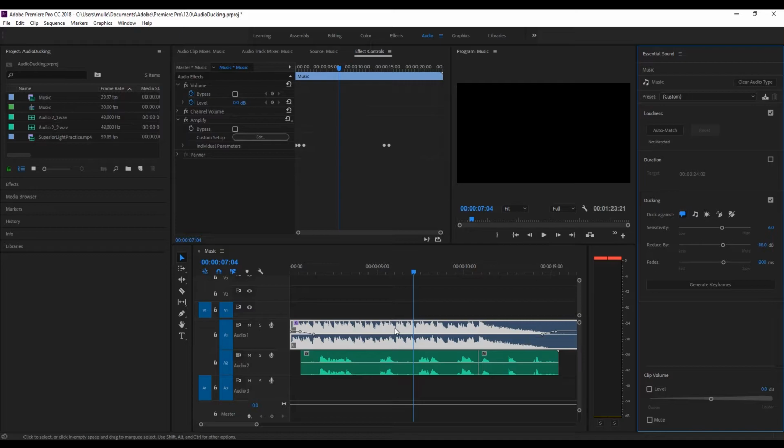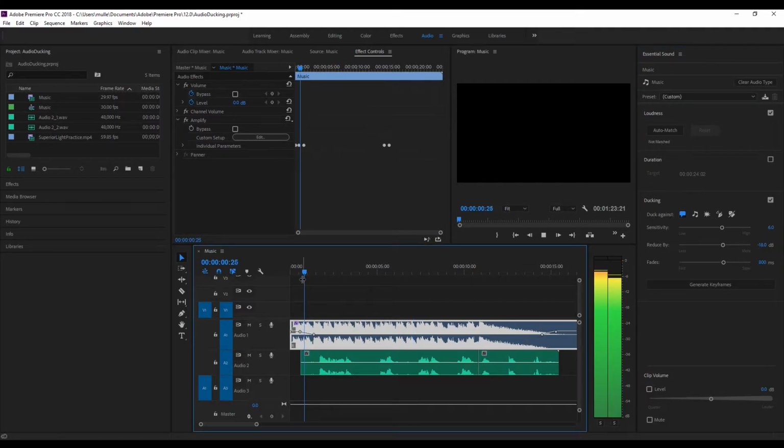This will add a new amplify effect to the clip and generate keyframes for the left and right channel, fading the music up and down around the dialogue. In this video,